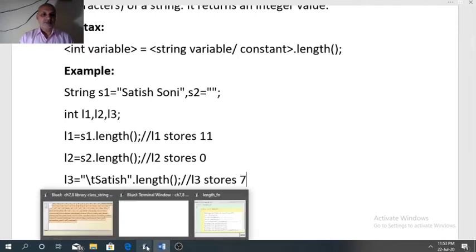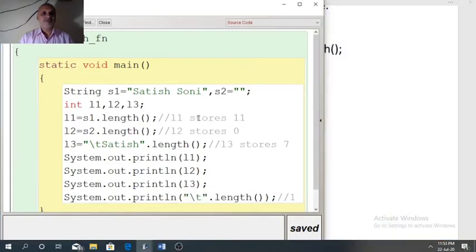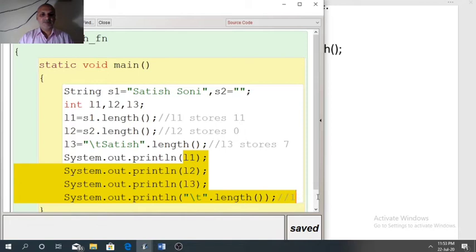Now see the program. I have already designed the program for that. Same example we have. So let us see directly the result. L1, L2, L3 I have already explained. One more print statement we have in the end.